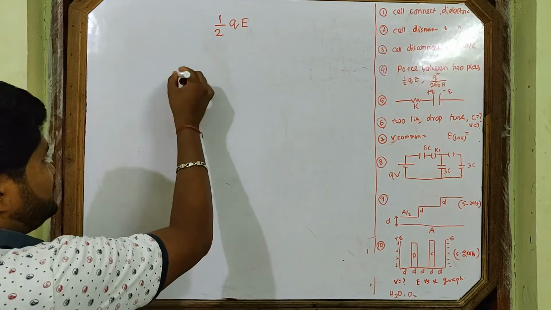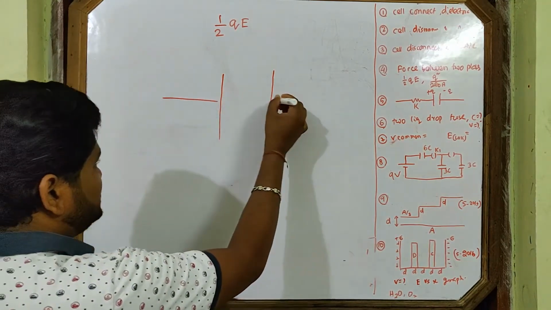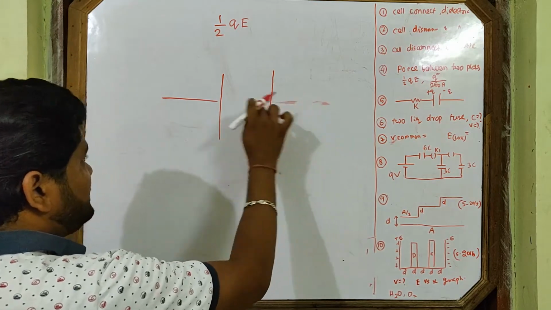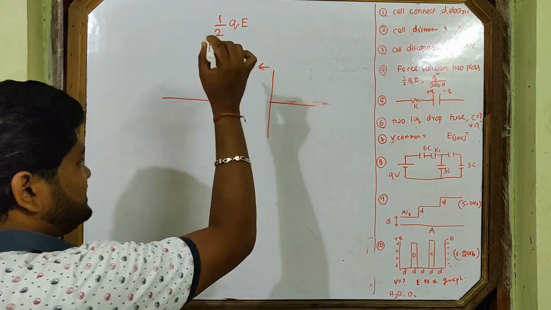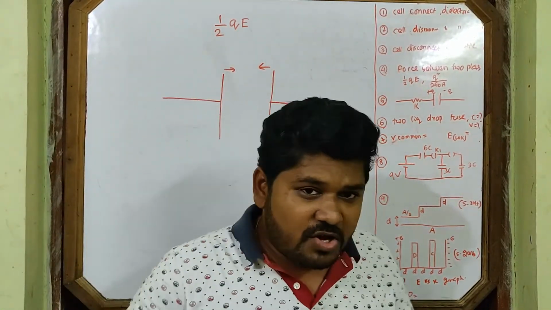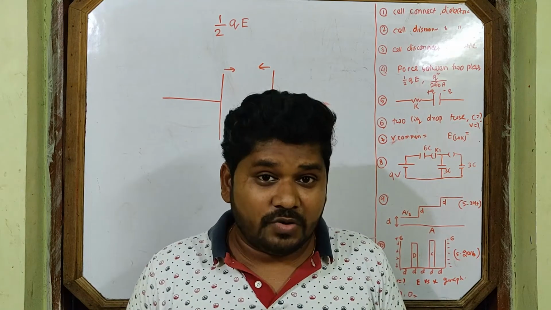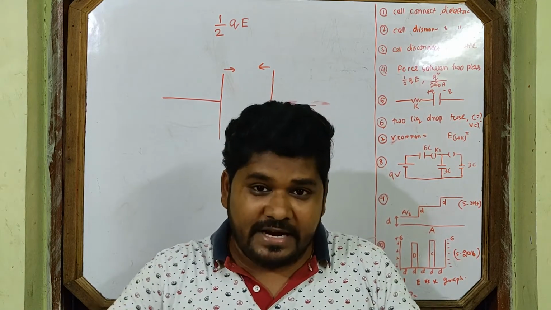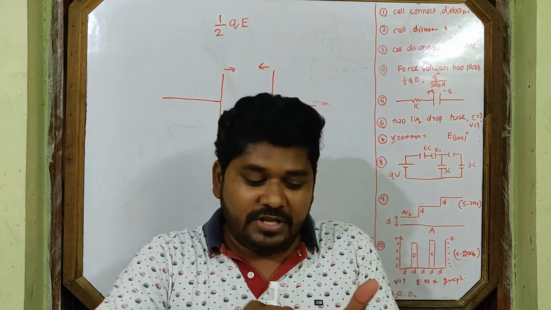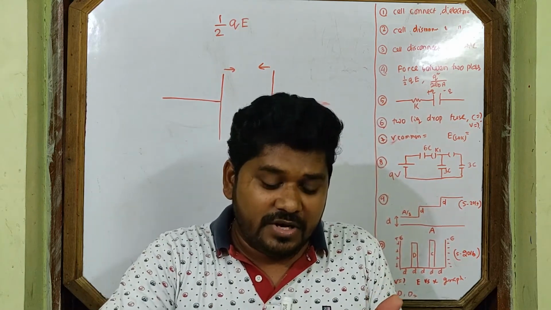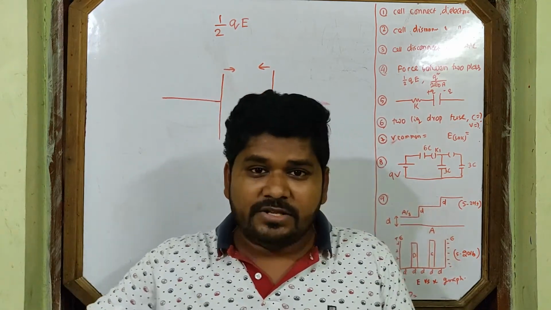Let's do it. Now let's come to the proof. This is one plate. This is another plate. So this is the shape. This is the capacitor. These two plates attract each other. But with how much force do they attract each other? How can you know? We can know if we try to separate them. One body is attracted by another body. With how much force is it attracted? How can you know? If you try to separate them. Try to separate the two.